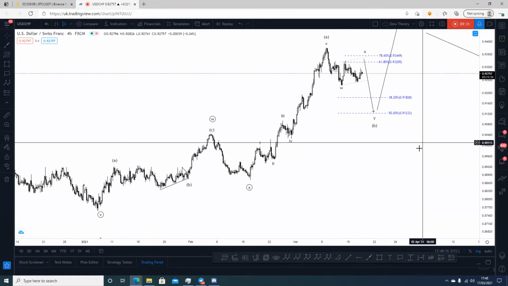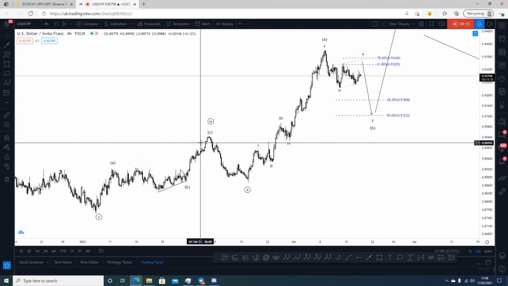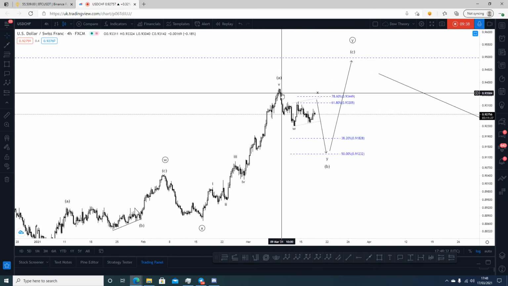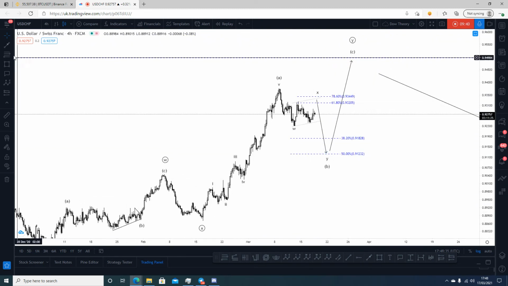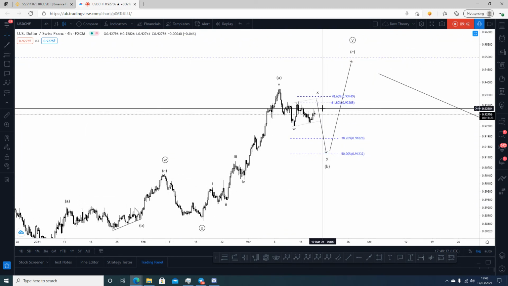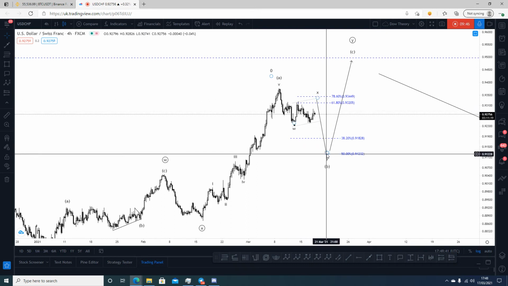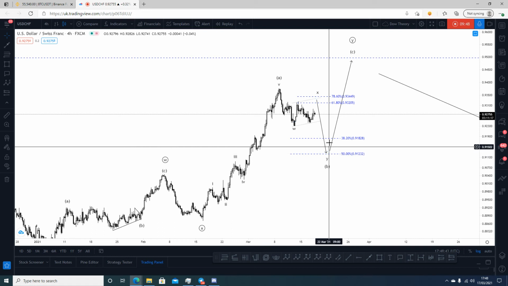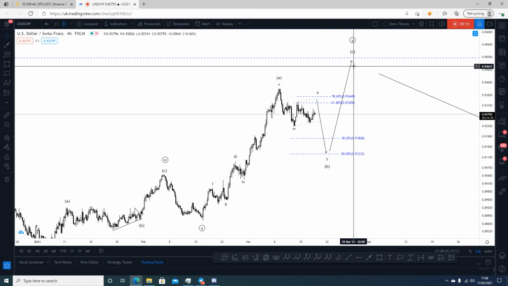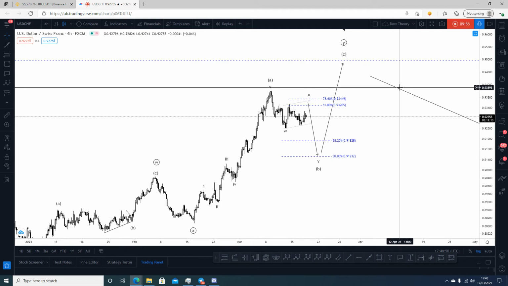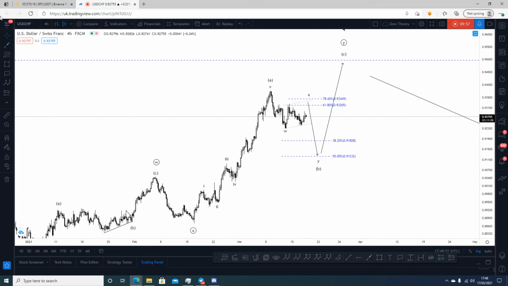So what would we see on USD Swiss franc? Well, we can class this as an ABC with X as a double zigzag. We class this as wave A, and this is a double zigzag, or maybe it's a triangle. We don't really know yet. And then wave X, and then wave Y, wave B, 50% retracement before we see a move higher for wave C, right? Taking us to 0.95. So this puts all pairs into perspective.